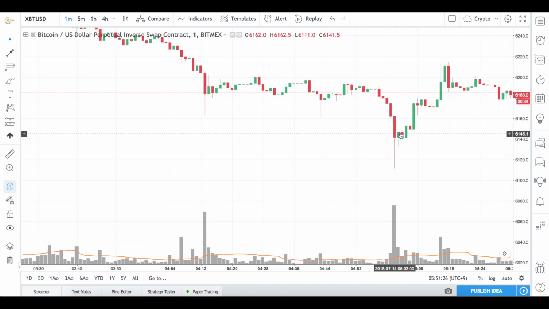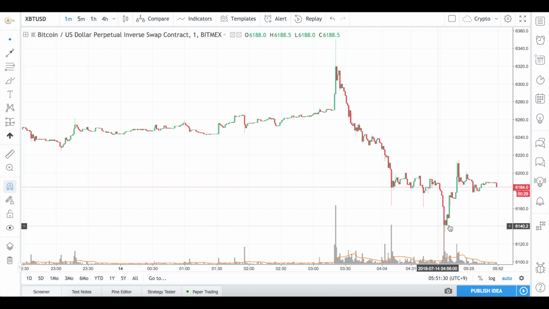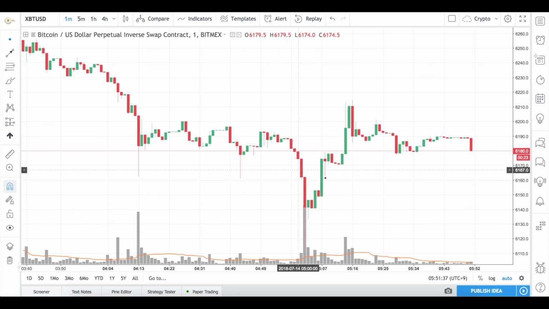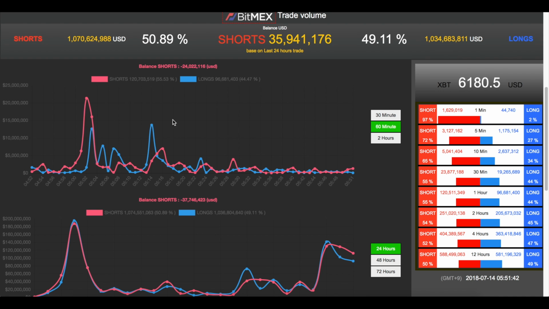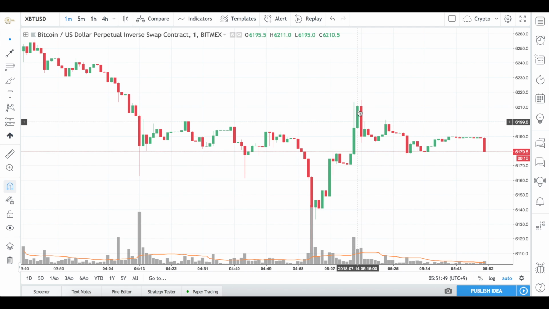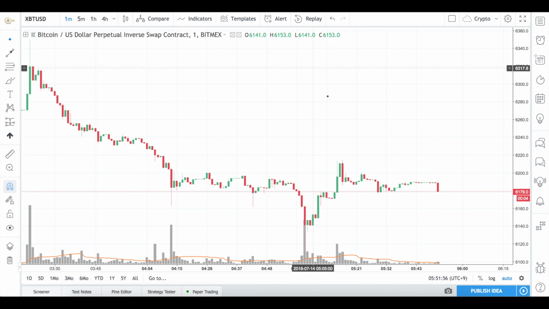spike in shorts and a lot of selling, but we're already in an established downtrend. So when this kind of move occurs, we're going to expect a bullish retracement, or at least a bullish reversal, or at least a retracement to the upside. And then what we saw was this. We then see a spike in buying at 5:14. What was happening at 5:14? That was this candle here, right about at the end of this uptrend right there, as you can see with that high tail. Everyone buys here, everyone shorted here, and then everyone longed here, and then price is doing this